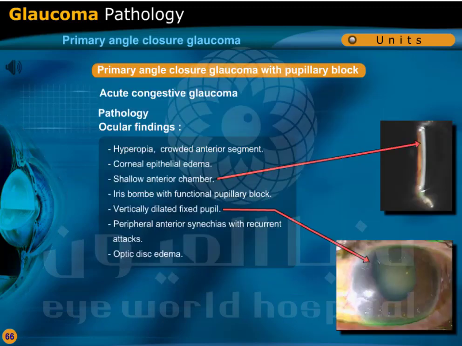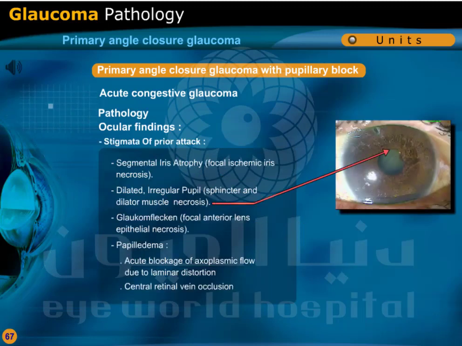Ocular findings in acute congestive glaucoma: hyperopia, crowded anterior segment, corneal epithelial edema, shallow anterior chamber, iris bombé with functional pupillary block, vertically dilated fixed pupil, peripheral anterior synechiae with recurrent attacks, optic disc edema. Stigmata of prior attack: